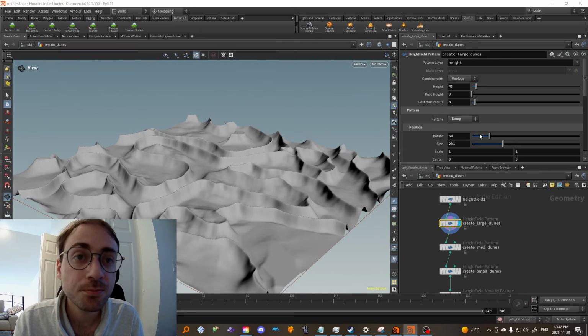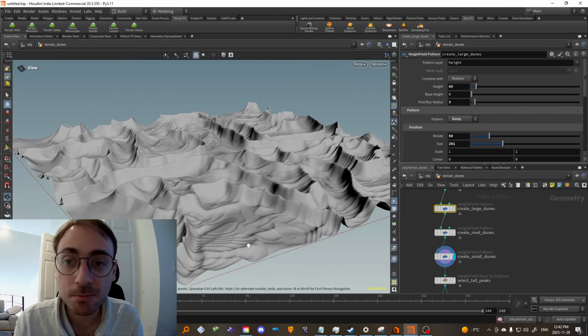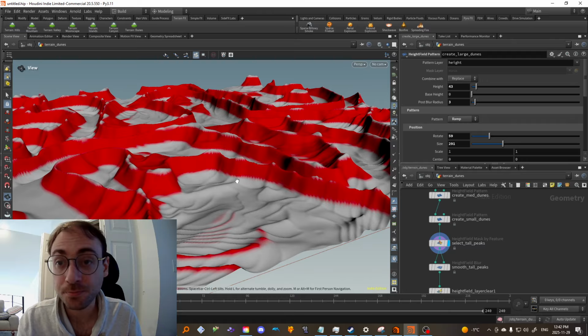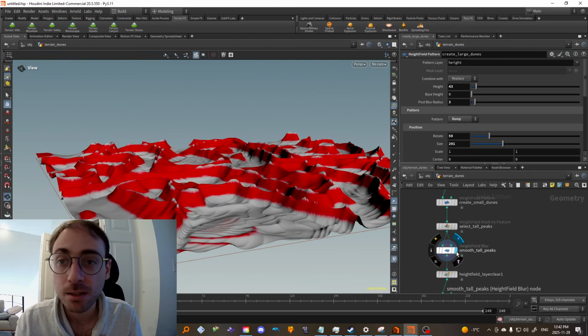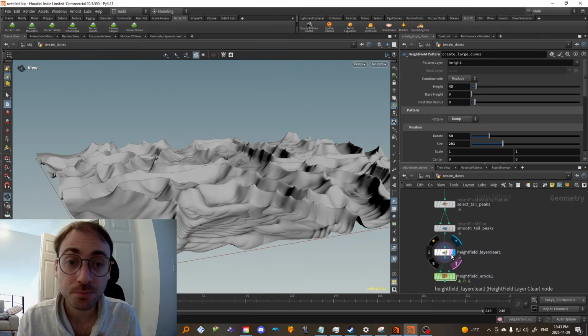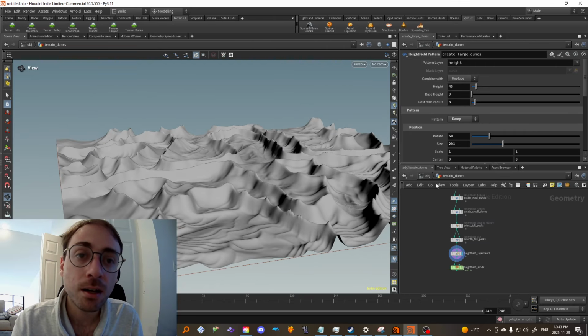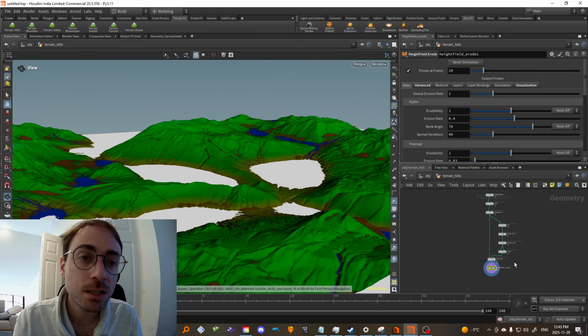Very cool. So here now smaller, more subtle, or medium dunes, and then small dunes. So you can see that they're layering the dunes. Very cool. Here he's masking the first set of peaks, and he's blurring them. That's basically it. I want to show one more node, which is the